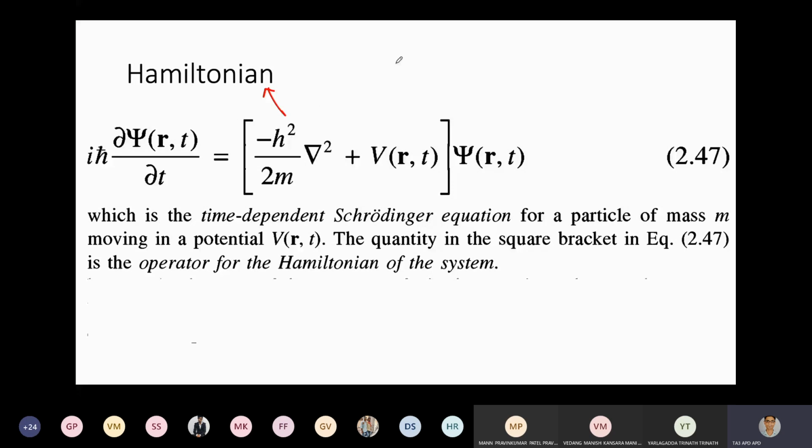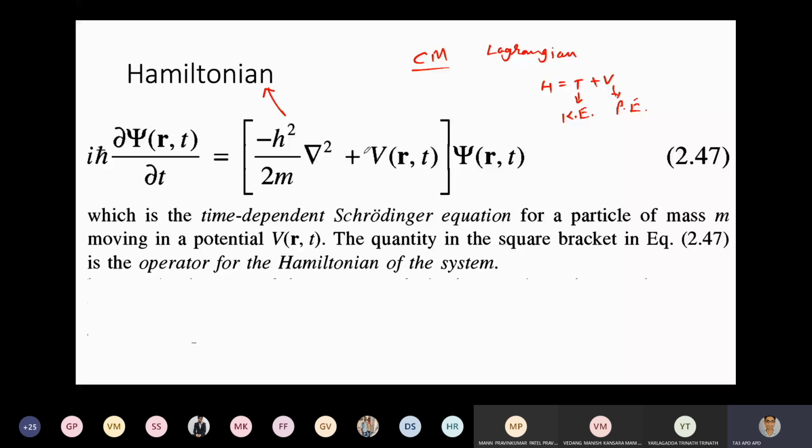So what is the Hamiltonian? You will see this in classical mechanics. I think it's going on. Once you complete this Lagrangian dynamics, you will be going through Hamiltonian dynamics. In that case, you will see that the Hamiltonian is nothing but simply the total energy of the system, which is represented by H is equal to T plus V, where T is the kinetic energy and V is the potential energy. So this represents the Hamiltonian of the system.